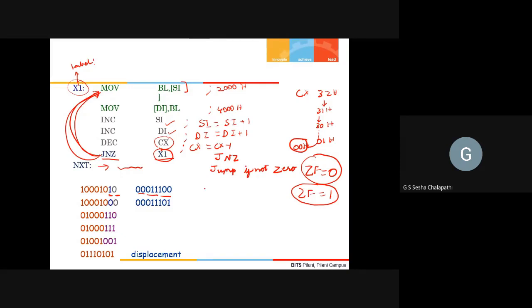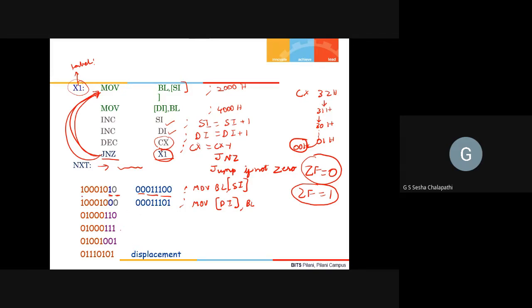This is for MOV DL, [SI]. This will be for MOV [DI], BL. And this is for the increment SI, increment DI, and decrement CX instructions.